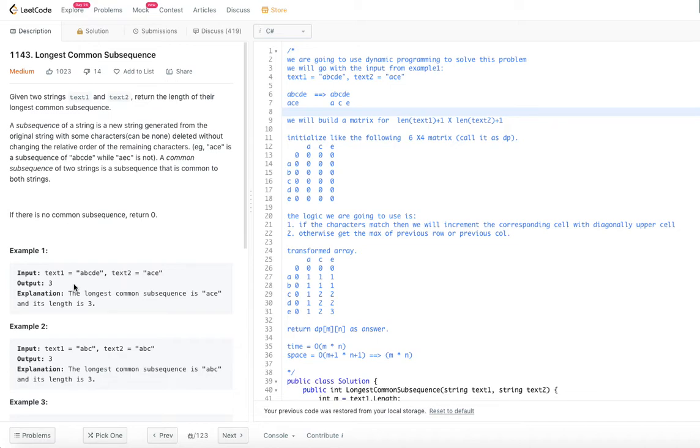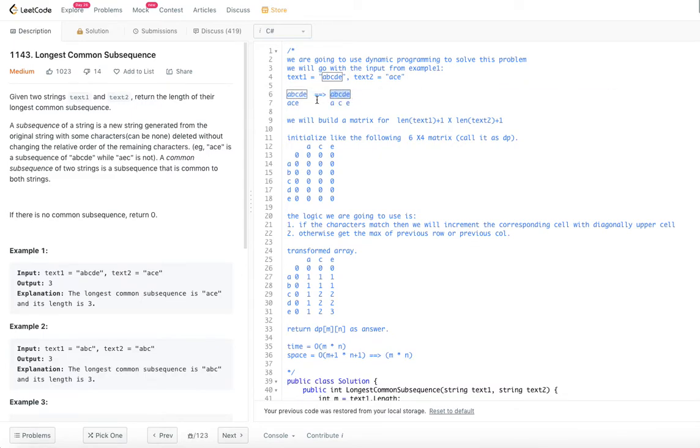So let's try to understand a bit more. We are going to solve this problem with the help of the dynamic programming method. I'm taking the two texts for example 1, ABCDE and ACE. Let's write them one below the other to get a better understanding. So ABCDE, there's no transformation that we need to do.